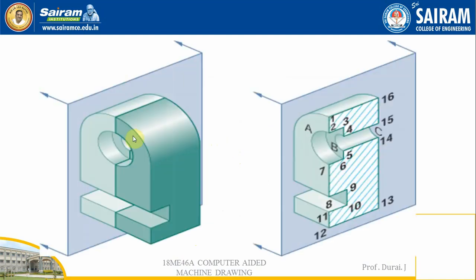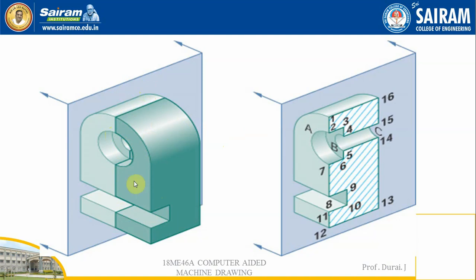Then coming to the sectional orthographic views. So what does section mean? To view the inside part, they make the sectional view. Here the section plane will be passing over the mid of the component. Why? Because of these holes and all. While seeing from here, we could not see the diameter and other things. So for that purpose, they make a section.